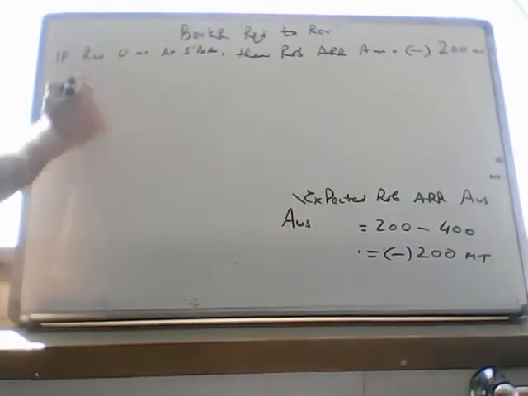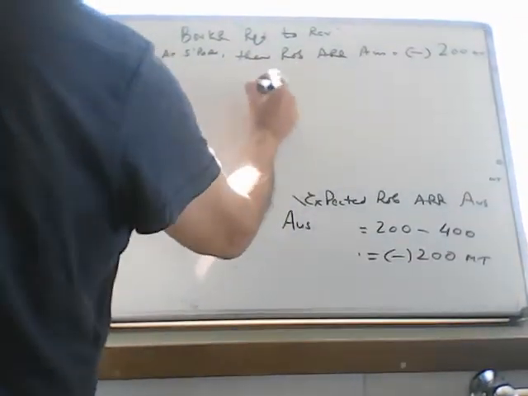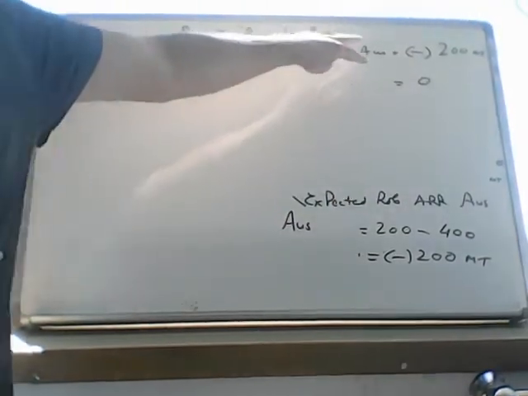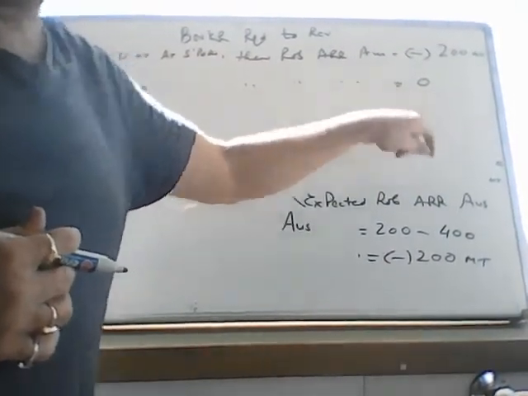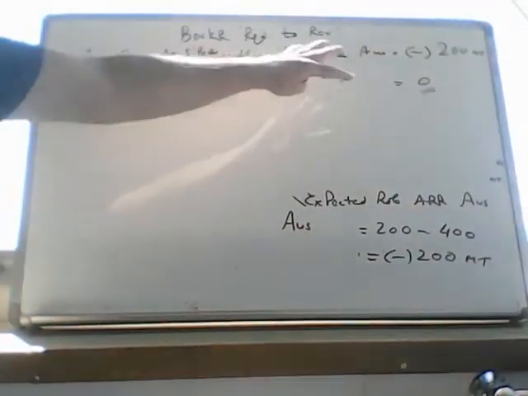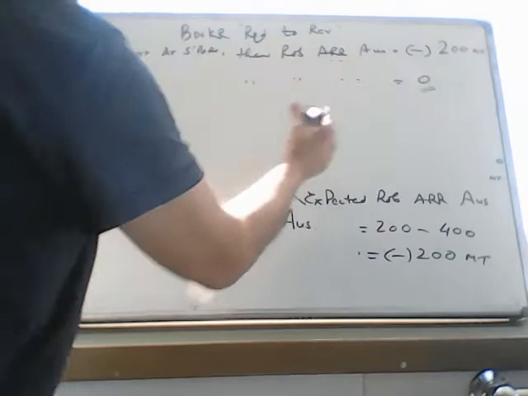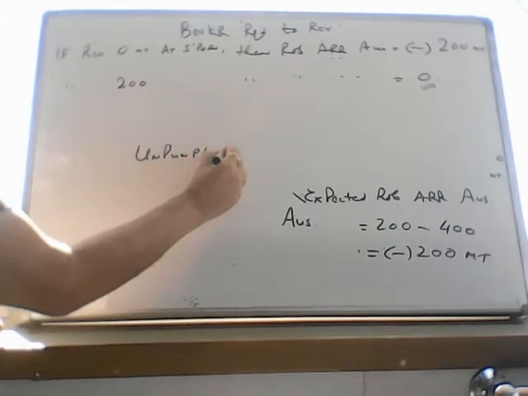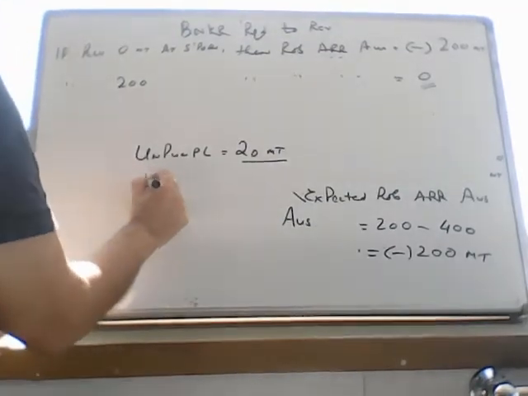That means if we receive 200 at Singapore instead of 0, then what will be the ROB arrival Australia? It will be 0. Because if you receive 0, you are arriving with negative 200. So if you receive 200, you will be arriving Australia with 0. So this is not also ideal, because you want to arrive Australia with some ROB, not 0. So arrival Australia ROB should ideally be unpumpable. Normally it is around 20 tons depending on the trim of the vessel, plus reserves.